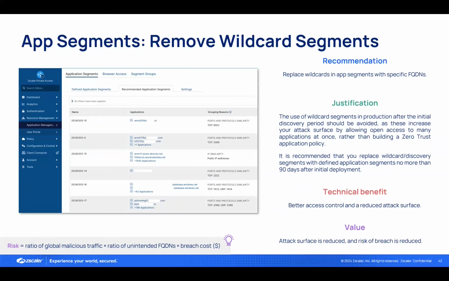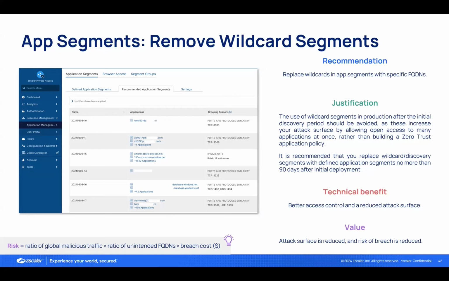Next, it's important to understand that wildcard segments should generally be seen as a short-term solution, primarily designed to allow for application discovery. The use of wildcard segments in production after the initial discovery period should be avoided, as these increase your attack surface by allowing open access to many applications at once, rather than building a zero trust application access policy. It's recommended that you replace your wildcard/discovery segments with defined application segments no more than 90 days after initial deployment in order to reduce your attack surface and the risk of a breach while providing better access control